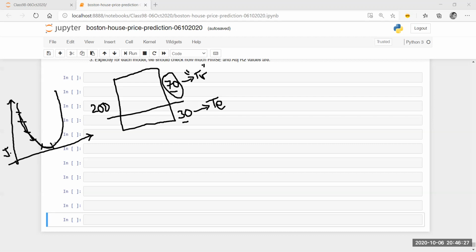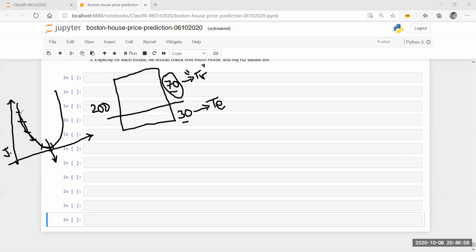Maybe I reach over here. So I had to reach this minimum point, which is my global minima, which is the lowest point of error. Or in other words, I had to find the optimal values of theta 0 and theta 1, where I get the lowest value of J. So I'm just trying to minimize the errors, and I'm trying to find that optimal set of values for my theta 0, theta 1 until theta n in case of multiple linear regression, where the error comes at the lowest.